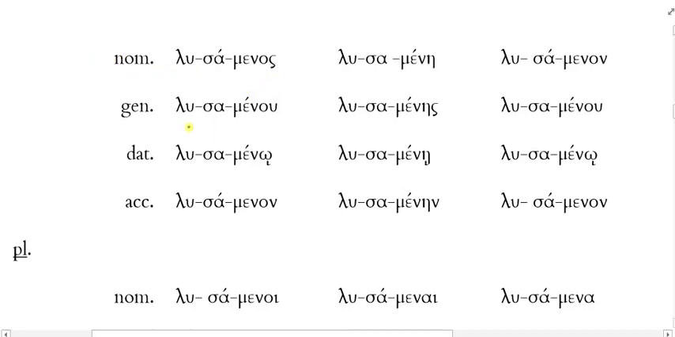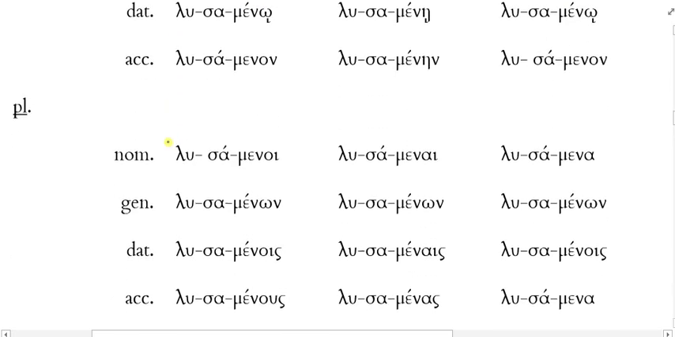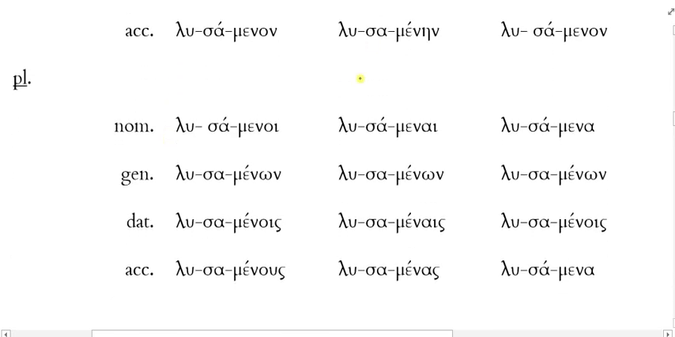Lusamenas, lusamenu, lusameno, and lusamenon. You see how we have these omicrons and omegas? Those are all characteristic of second declension, right? The alphas and etas, first declension, neuters, back to second declension. All right, plural forms, everybody. Lusamenoi, lusamenon, lusamenois,